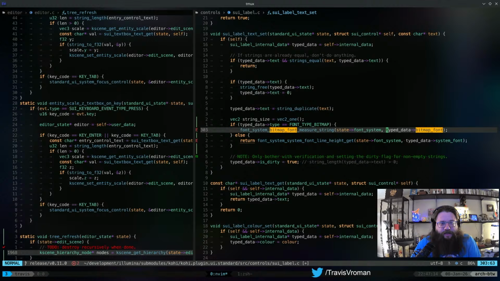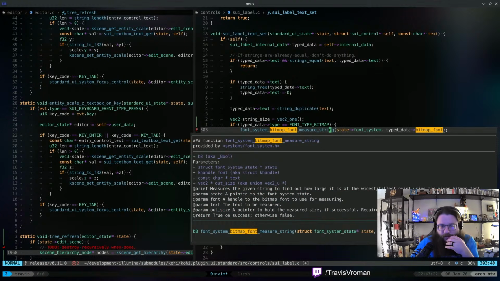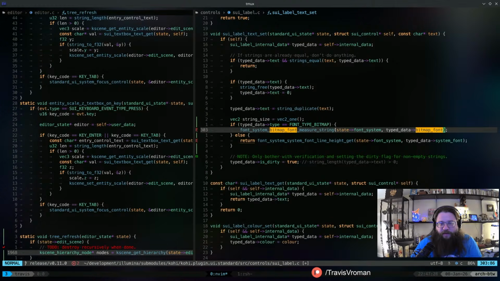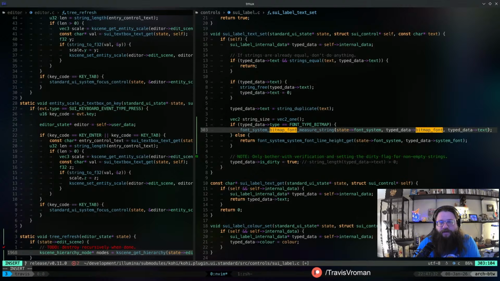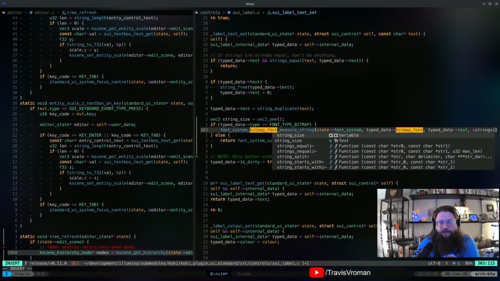And essentially this needs to go to measure string. What else does it want? The font, the text, and then the out size. Okay, so we have the font, we have the text, typed data text, and then we'll do the address of string size.